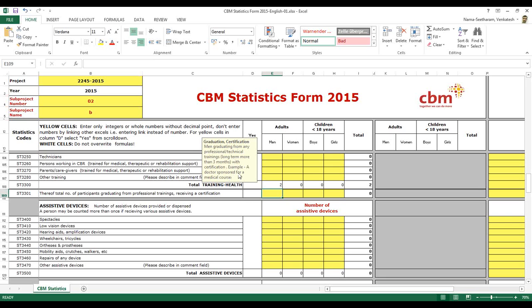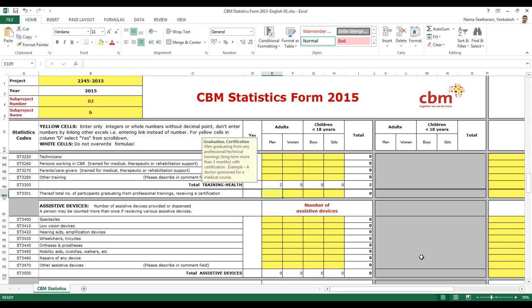For example, a doctor sponsored for a medical course. This was a special request by one of the MAs, that they wanted to know how many doctors or how many persons they are sponsoring for technical courses or something like that. So this was added. Out of these 2, if 1 person is given, then it's okay. If you say even 2, it's fine, because it's 2 here. But if you say 3, then you see a red cell on the top, which means that this 3 should be included in this number also. Thereof code.